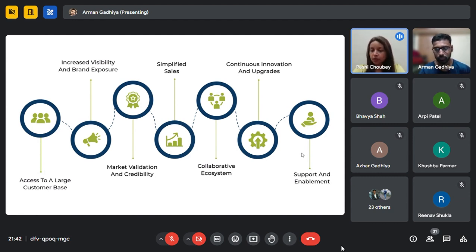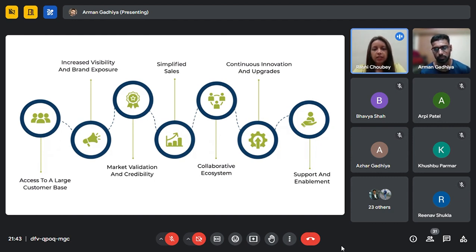The third one is market validation and credibility. This is very simple: Salesforce has so many restrictions before publishing an application, because Salesforce itself follows so many security policies. People need to keep their apps very secure. They will always take care of data breaches of their customers. If your app is published on Salesforce, people will believe that it follows all the data privacy policies and security policies, and Salesforce ensures to each and every customer that their data will be secured by Salesforce itself. So this will generate trust for your customers.